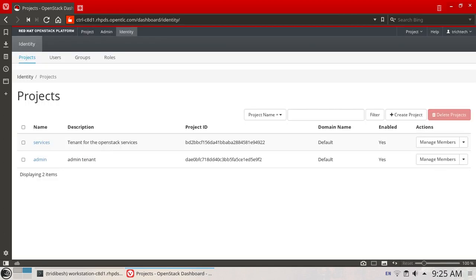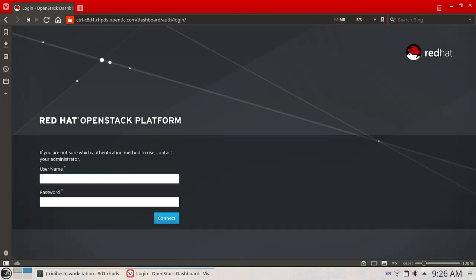As I logged in as an admin user, I will get this kind of interface where I will see all the projects, user groups, roles, project admin. All these things I will be seeing. If I am part of various other projects, I will see those also. I can create projects and all those things. So like this you can install your OpenStack platform using Packstack and configure it very easily. In our upcoming videos we will see the rest of the options, like how you can create projects, instances, flavors, and all those things.